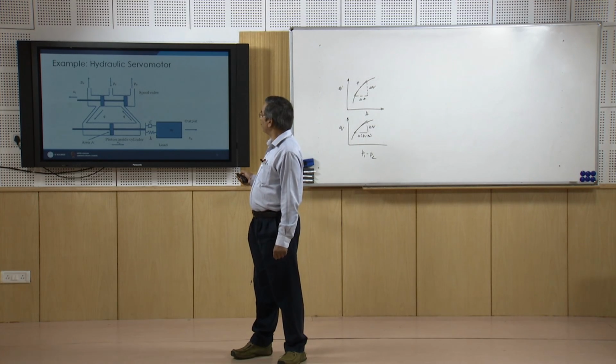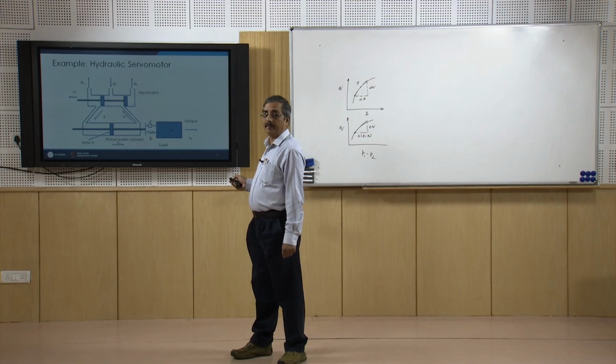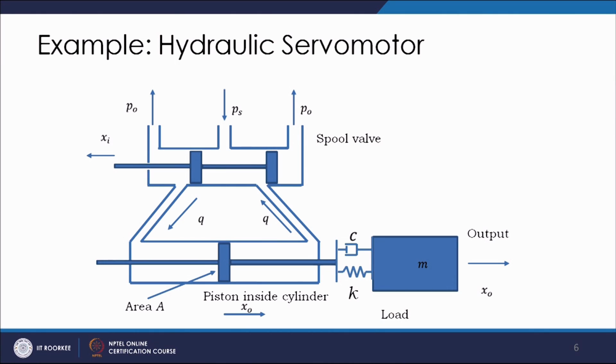You have a spool valve here, okay, and this spool valve has got one input port, say with pressure Ps, and two output ports with exit pressure as Po, and the position of this valve can be operated with the help of this piston cylinder arrangement, and say xi here represents the coordinate for the motion of this